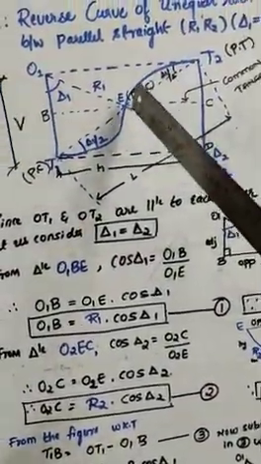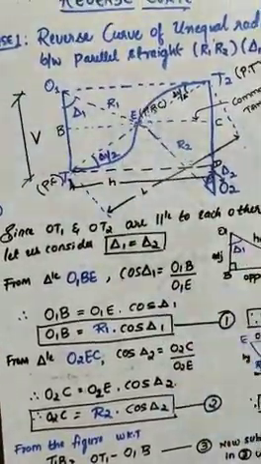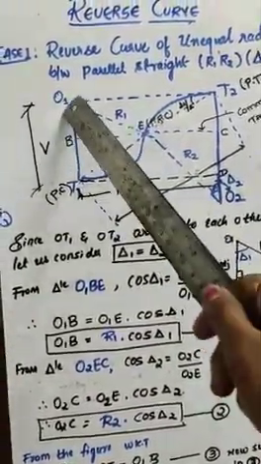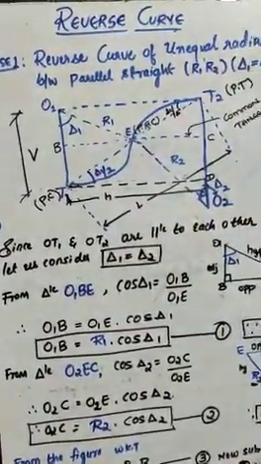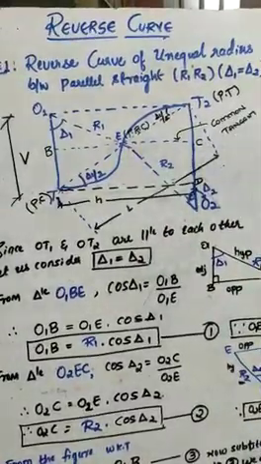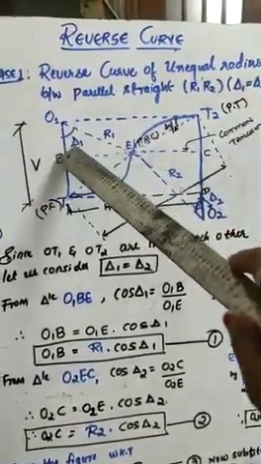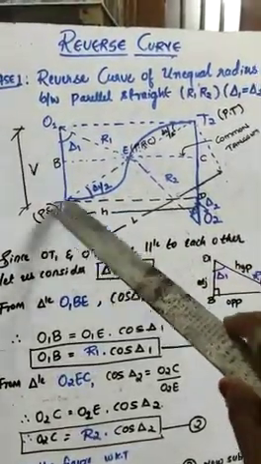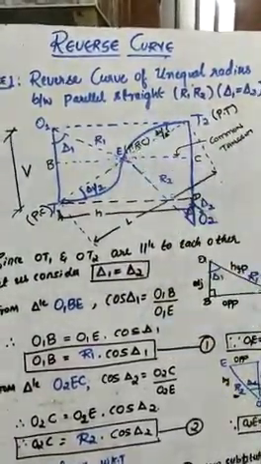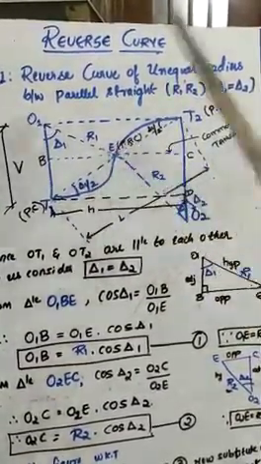So see, you can observe here EO1 is R1. So in the similar way T1 O1 also becomes R1, because this is a curve, this is an arc, and this is a radius, and where O1 is a center of curvature. Next, the point BC, it is known as common tangent, and here this is theta 1 and this is theta 2 angles, that is T1 O1 E and EO2 T2. Then this point E is known as PRC, that is point of reverse curvature.